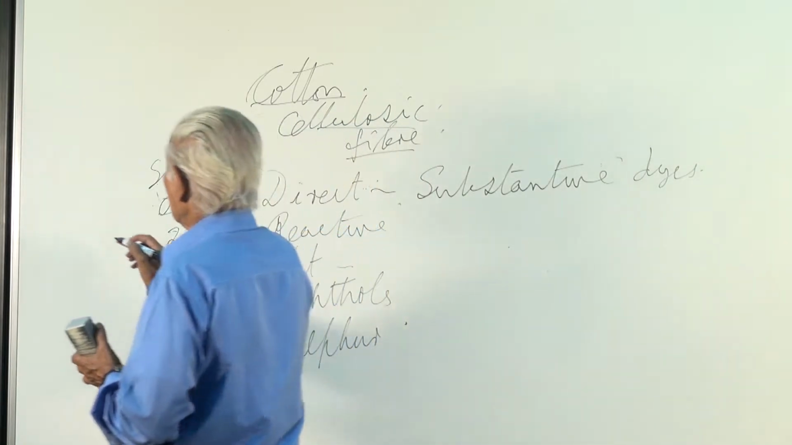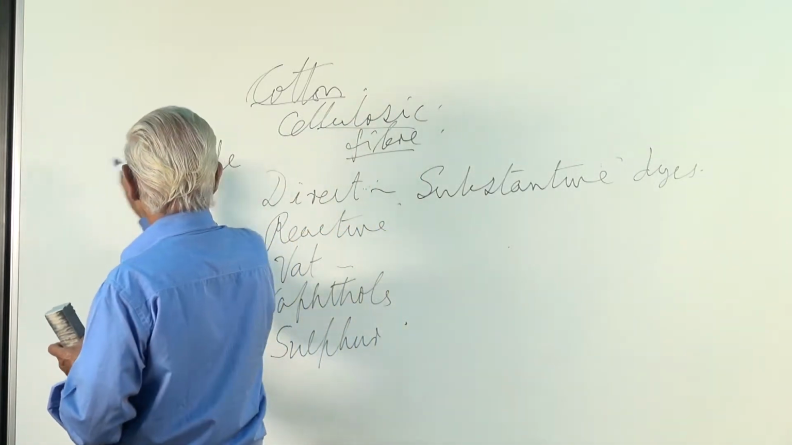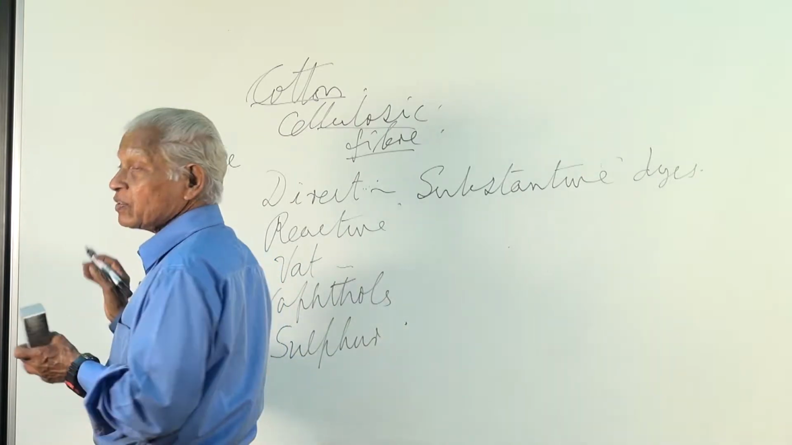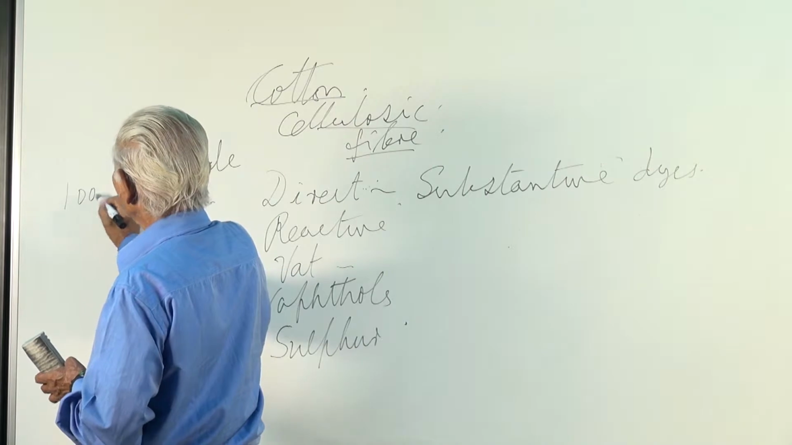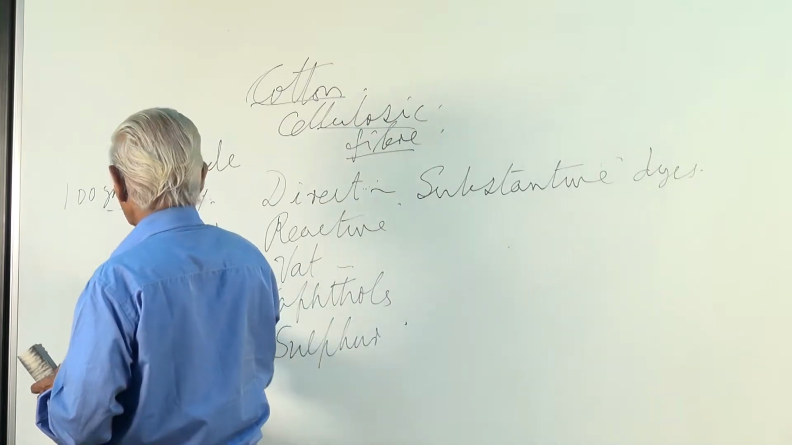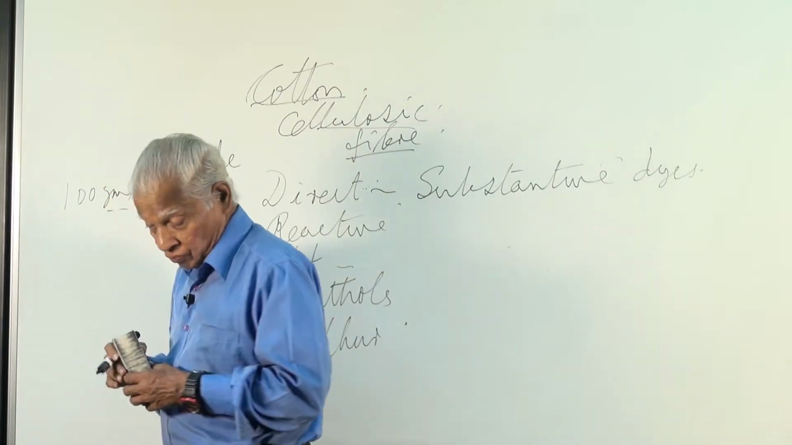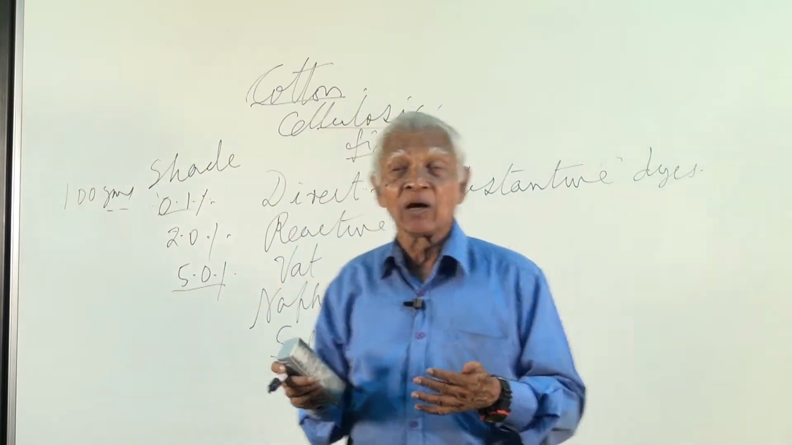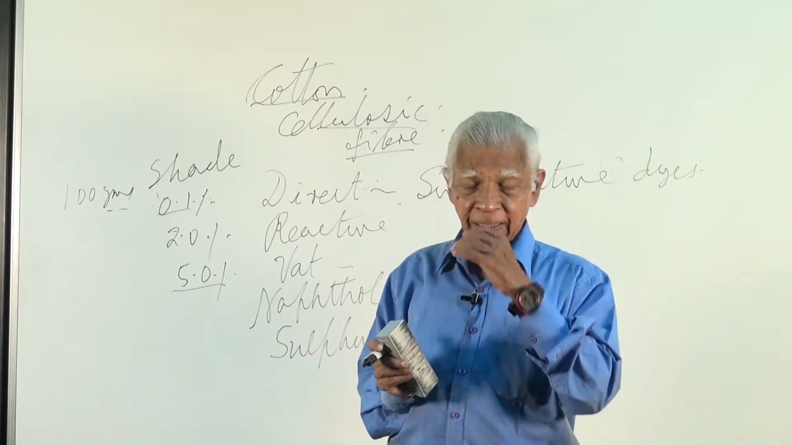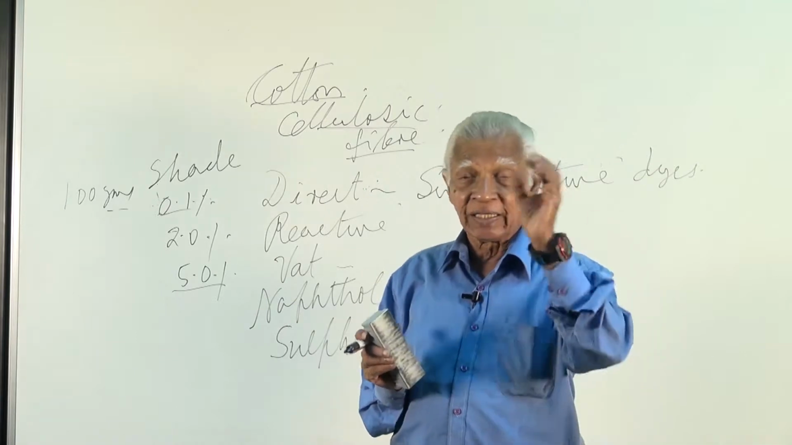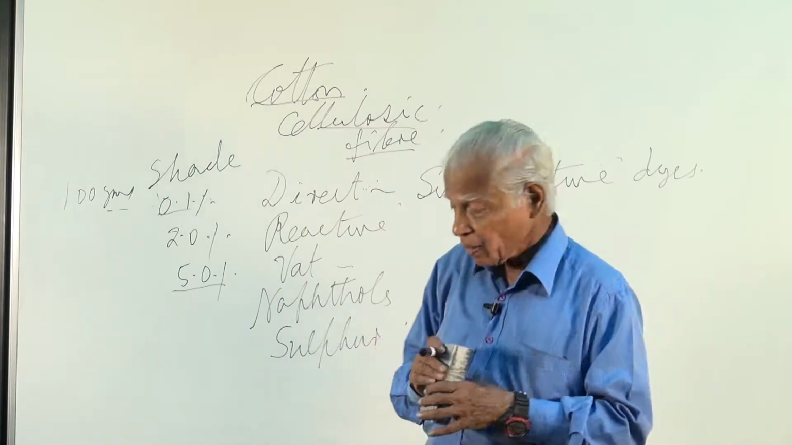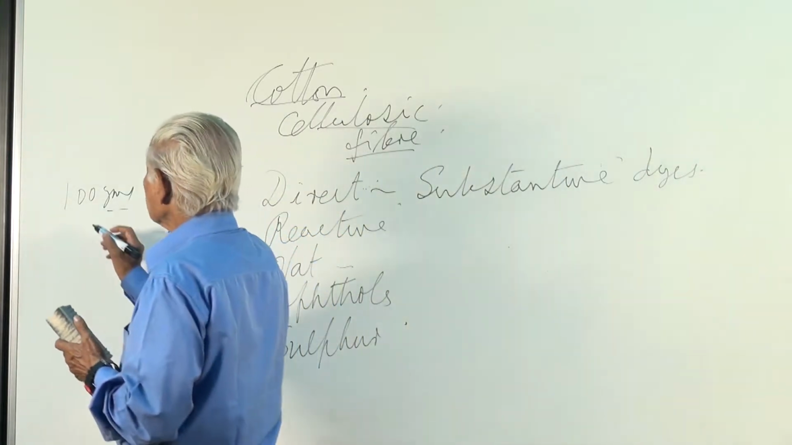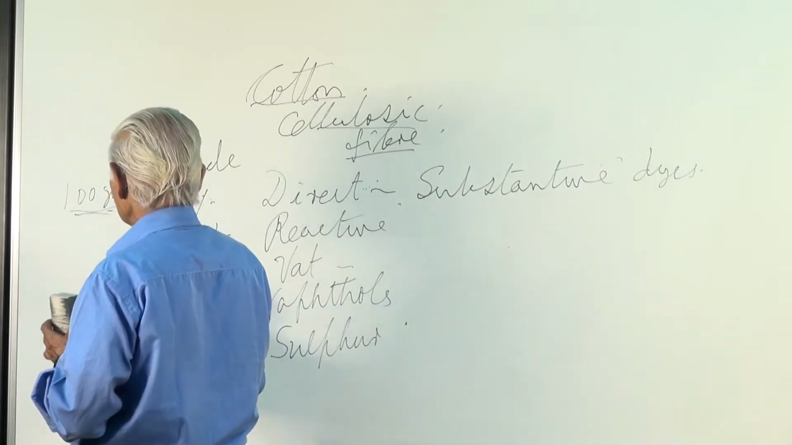Now, how the shade is developed onto the material, we will spend a few minutes on that. Suppose we have 100 grams of material, whether it is fiber or yarn or fabric. Incidentally, dyeing can be carried out on any shape of the material, whether it is a fiber or a yarn or a fabric, even garments can be dyed. And suppose the weight of the material is 100 grams,